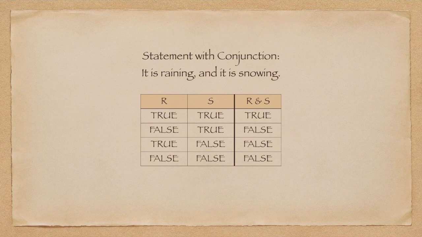In this, we have a conjunction. It is raining and it is snowing. Raining, we'll let it be represented by R. Snowing, represented by S. And our conjunction symbol is represented by the ampersand. Now, in order to know the number of possible outcomes of a situation when we have more than one part to a statement, we need to get the power of 2 that is equivalent to the number of statements. For example, we have 2 statements. It is raining, it is snowing, R S. Therefore, we square the number 2, arriving at 4 possible outcomes.